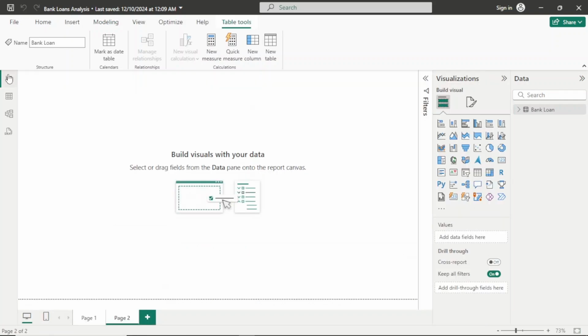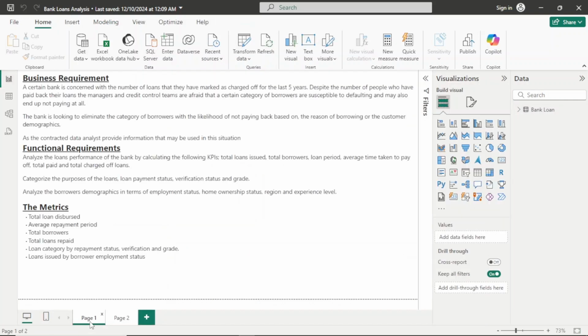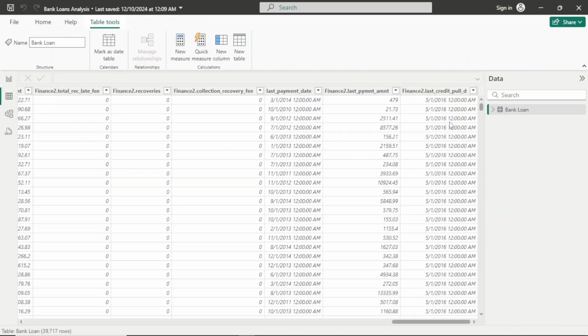And this is exactly what we had in Power Query. So what you will notice is that there is one metric here that you're going to measure that is called the average repayment period, and this is a column that we do not have. We would like to introduce that field. We'll just introduce it as the last field so that it calculates the difference between the last payment date and the issue date. I'm going to add a new column,